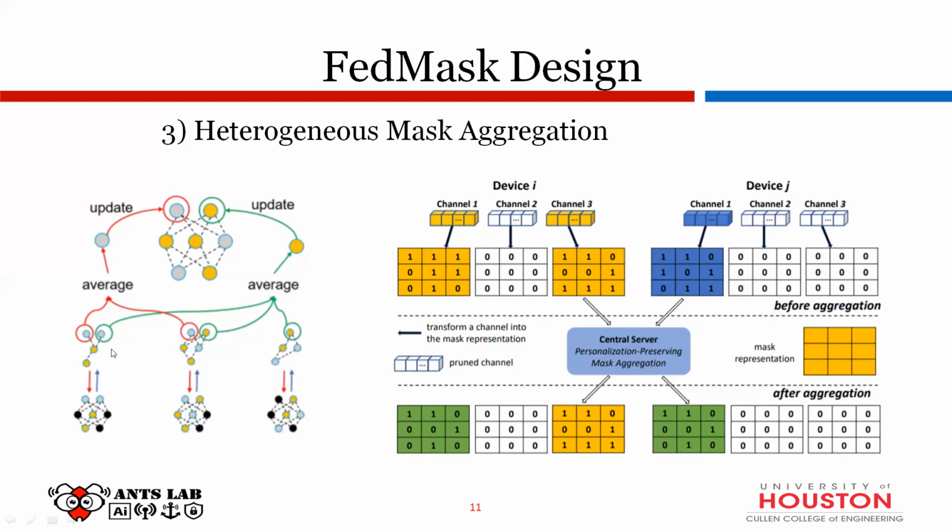Also, in this paper, they assume the server knows the full structure of the deep neural network. They start with the same deep neural network. When they do the aggregation, the server also knows the predefined structure of the deep neural network. They use the same model, basically. So even if you only partially transmit the structure, the server knows which part it needs to fill in.